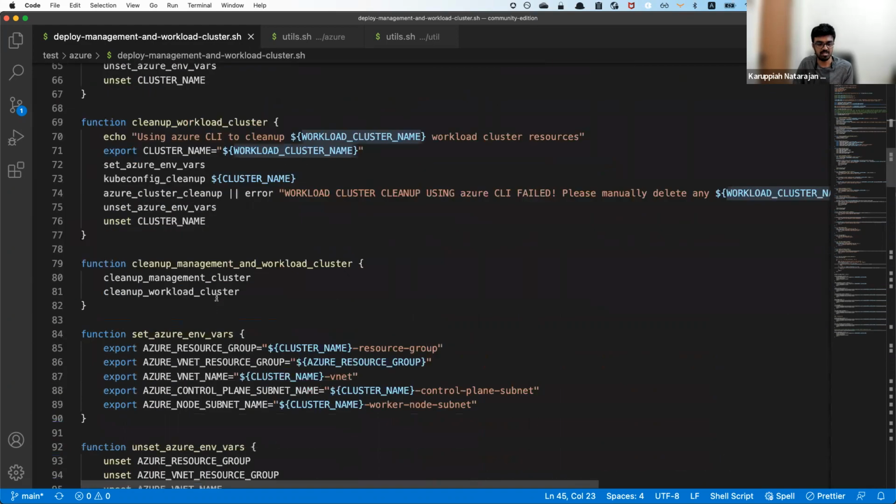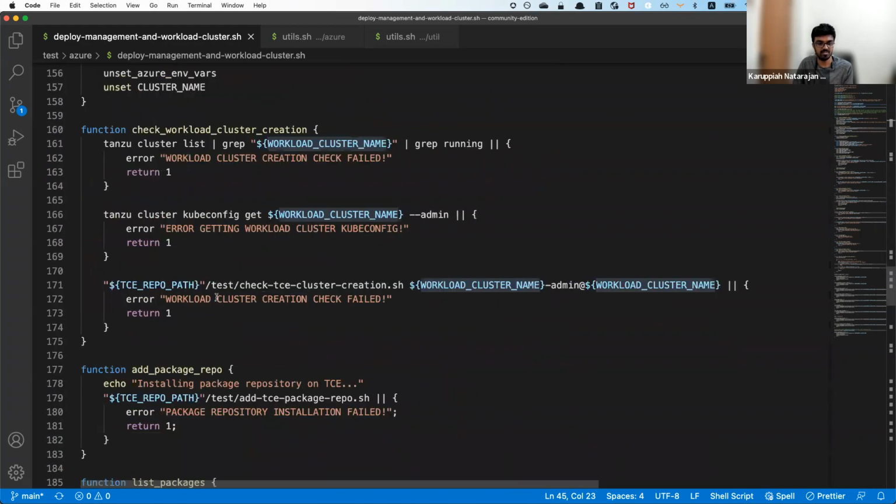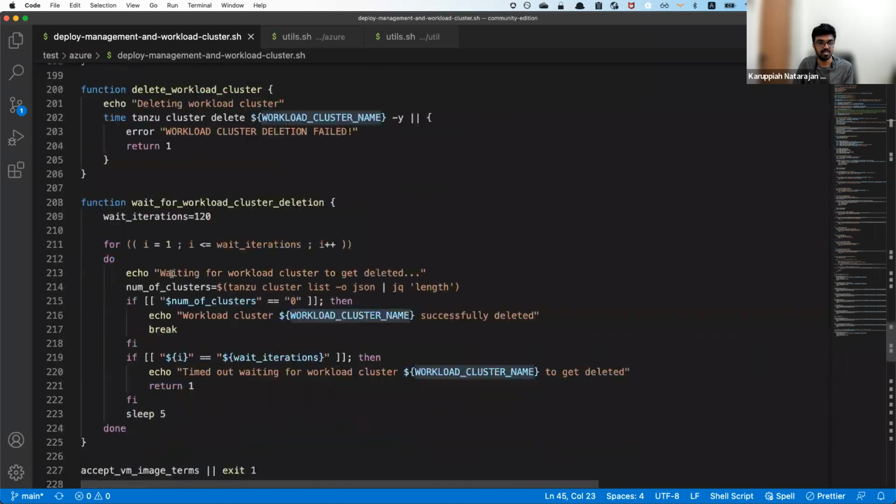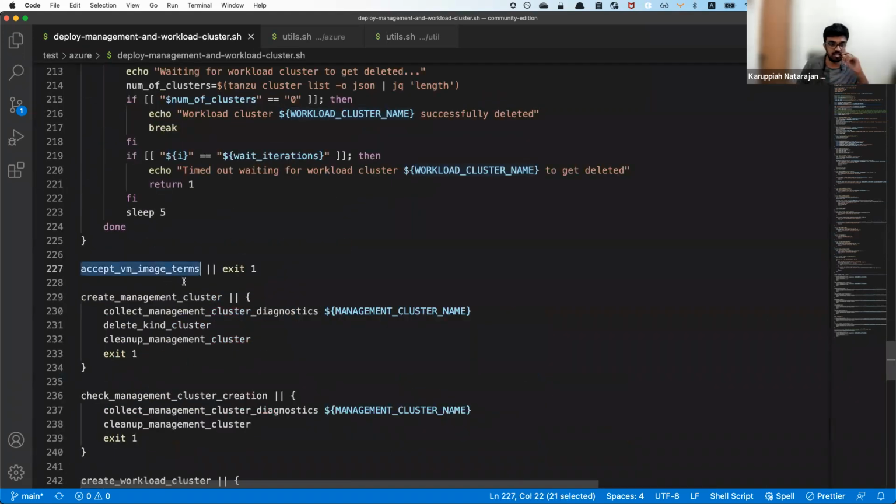And these are all functions that we've defined. So the first thing that we do is we accept the image license, the VM image, virtual machine image terms, and then we create a management cluster. And if it fails, we collect the diagnostics, delete the kind cluster, and then clean up the management cluster. As in, use Azure resource group delete, and delete the kind cluster, because the bootstrap kind cluster would be continuously creating the management cluster